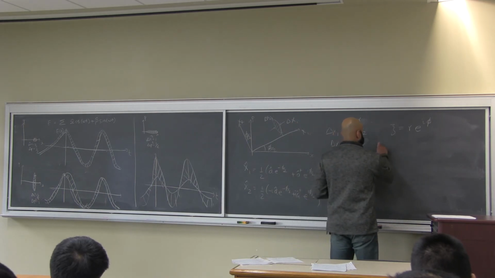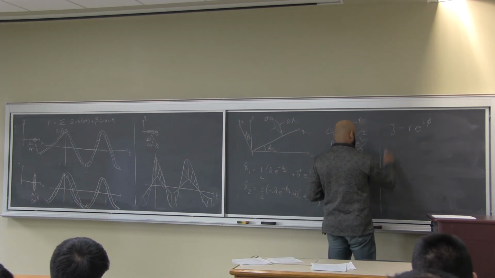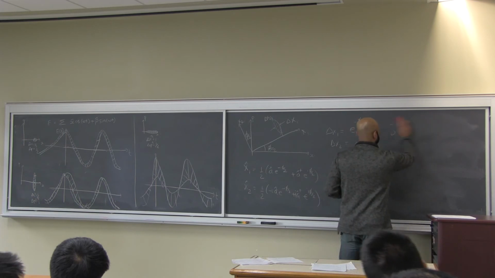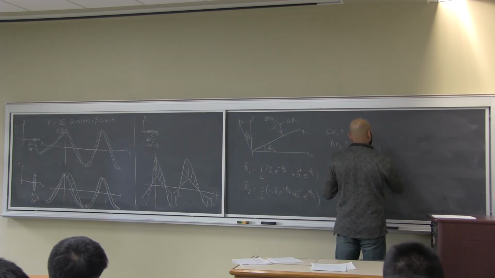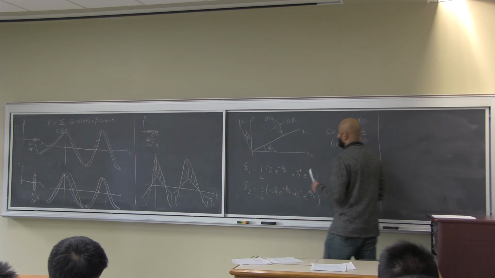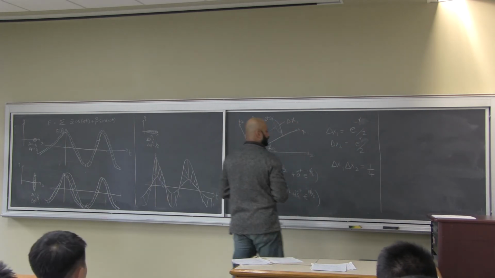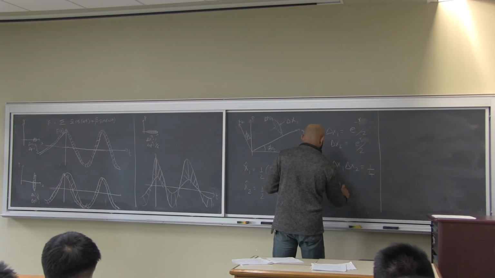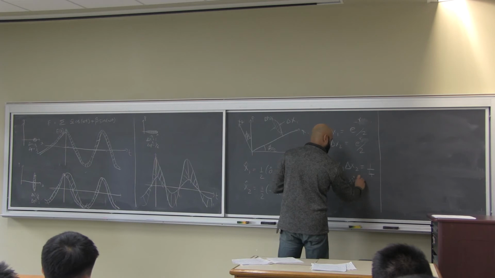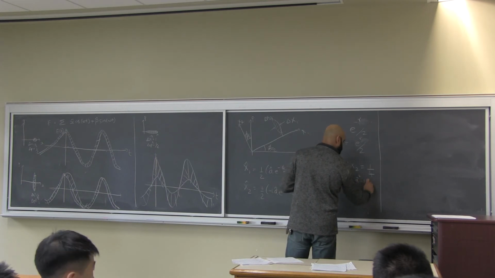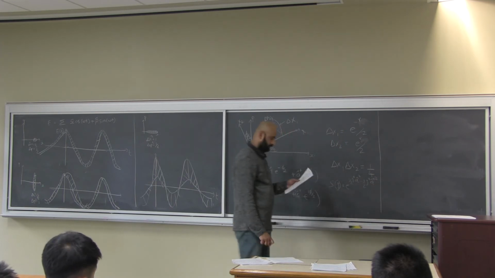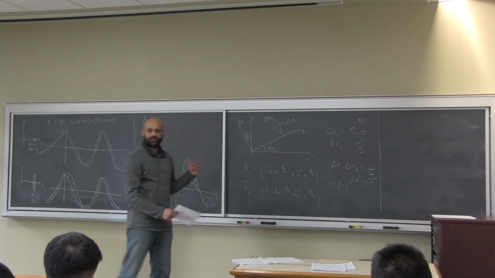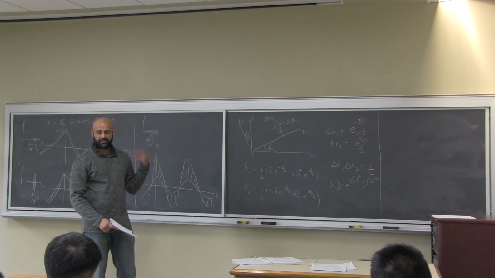So where does the squeezing come from? It's actually pretty straightforward now to see that because of the form of the squeezing operator, which I erased, but I'll write over here again. S of psi is equal to e to the half psi star a squared minus half psi star a dagger squared. Okay. We know that now,